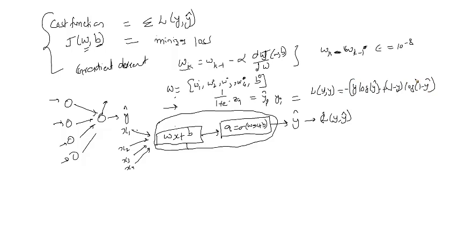It's fairly straightforward to compute. So going from these input variables to applying weights, then computing the activation function and then the loss function, this is the forward pass. You do this for each example,